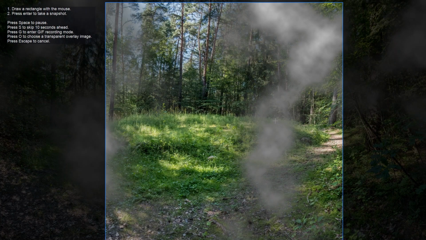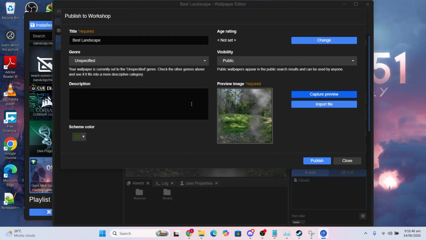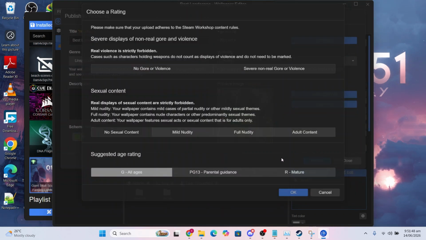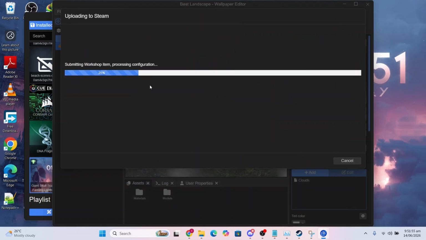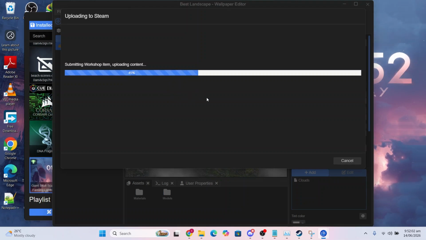So I'll click on that, and then we'll just go ahead and highlight this like that, and then we'll press enter. And now we have the preview, and then we can go ahead and publish this. So you click on publish, choose your ratings, whatever you want accordingly, and then click on OK. And now it'll go ahead and upload it to Steam, to the workshop, and it'll also be available on Wallpaper